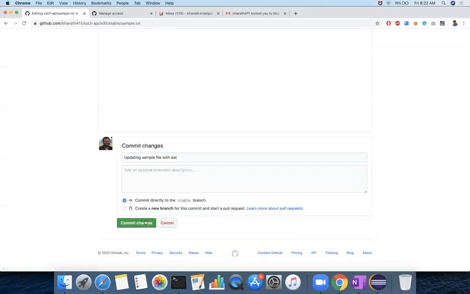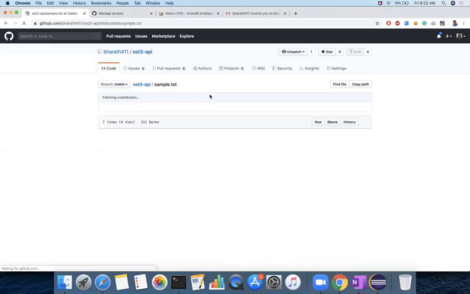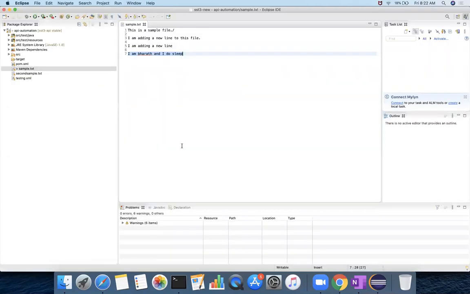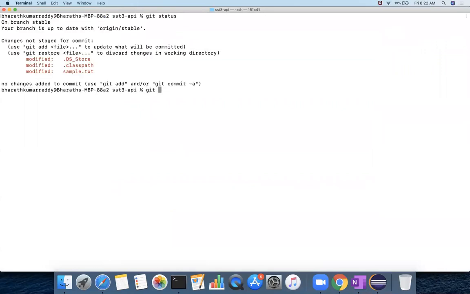So commit changes. So now developer 2 has made the changes and then pushed. So developer 1, what he is doing, he has to check the status, add sample.txt, git commit.